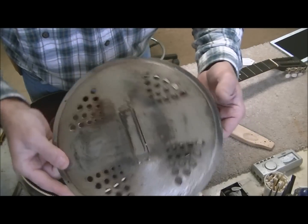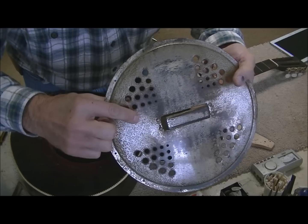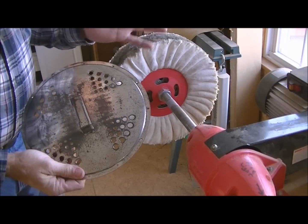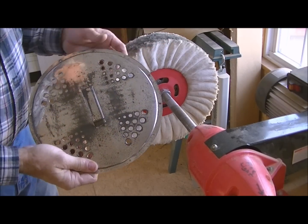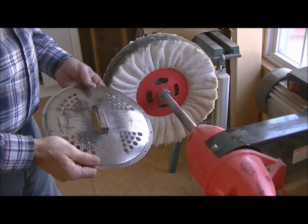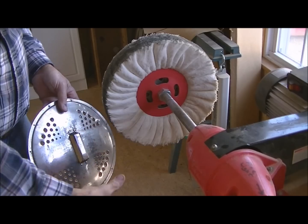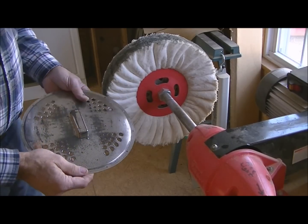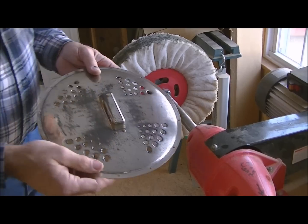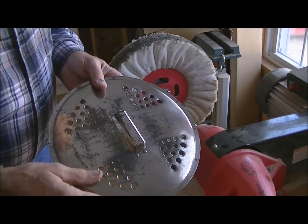Now if I just turn it over here in this area, for instance, you can see there's no shine at all. My electric is actually off right at the moment, so I can't really show you this in real time. But obviously this is spinning pretty fast, and this is one of those Stuart McDonald kits, and I mounted it on this stand here. But I've used all kinds of solvents on this resonator cover here, and rust inhibiting solvents